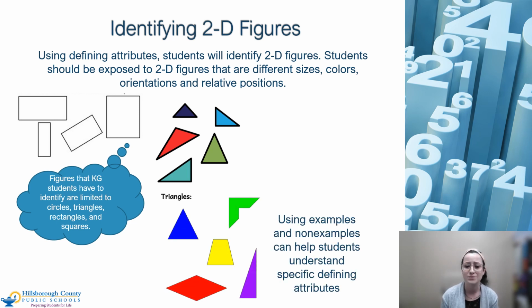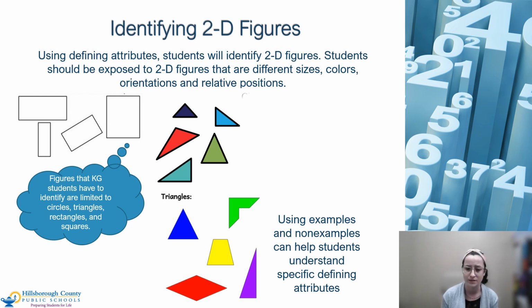We can also use examples and non-examples to help students really understand those defining attributes. If you take a look at this group of shapes, it's supposed to be looking for triangles. There's only 2 triangles in there that have the defining attributes. The other 3 shapes do not have the 3 sides or the 3 corners, and we want students to be